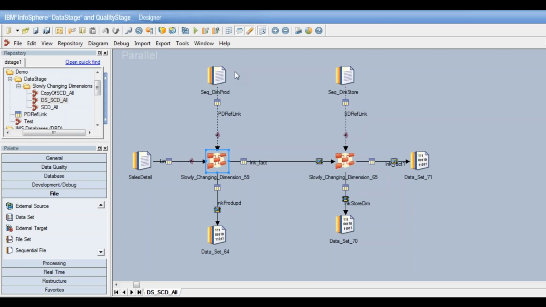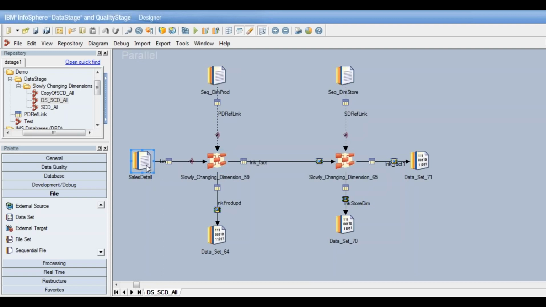Okay. So I think what I'm getting to is that sales detail stage on the left-hand side there, that could just be a selected sync of all the primary keys from the sales table, sales fact table, which could be fed into here, which would create those surrogate keys. So then you'd have to do an update back to the factual data to keep those surrogate keys in line. Does that make sense? I'm not sure I'm explaining myself correctly here.